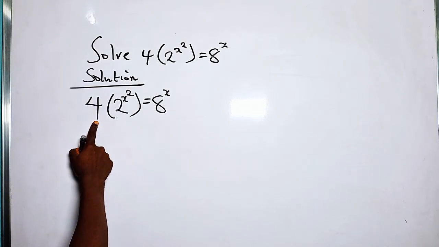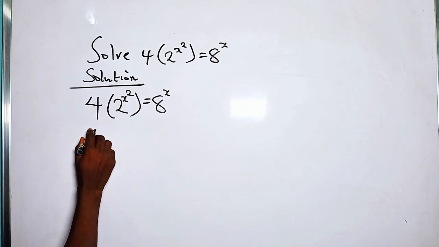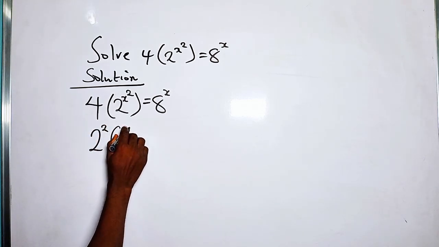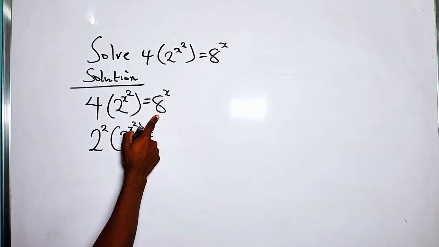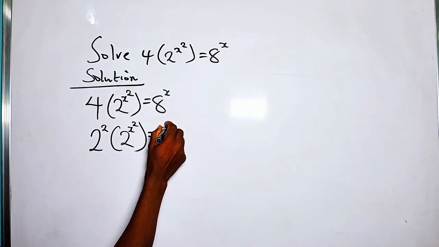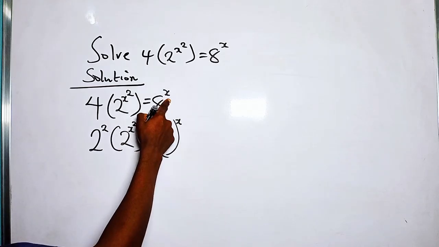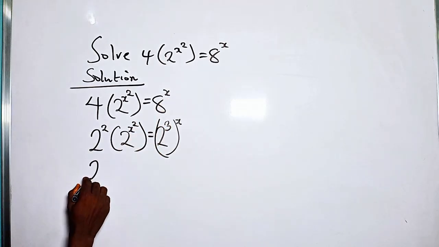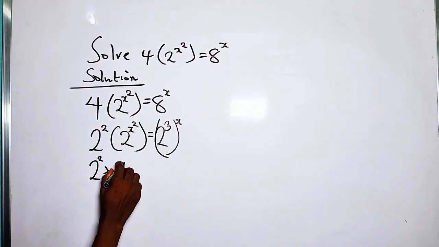Let's write 4 and 8 in index form. For 4, we have it as 2 raised to the power 2. Here we have this as 2 raised to the power x squared, equals, and 8 in index form is 2 raised to the power 3. So we have x somewhere here as a power. So we'll look at this. We can write this as 2 squared times 2 raised to the power x squared,